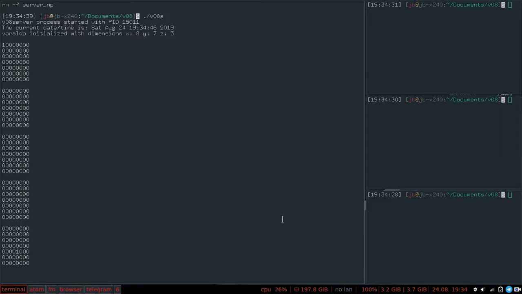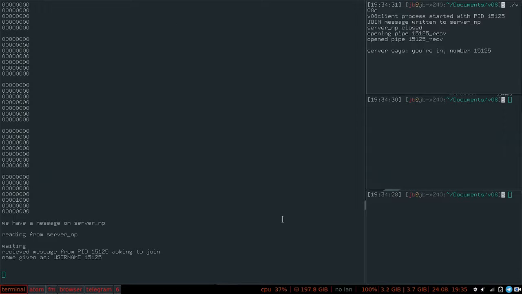Then I go over to one of the client terminals, and I run the client program. Now what that does is it sends a message to the server process and adds it to a list